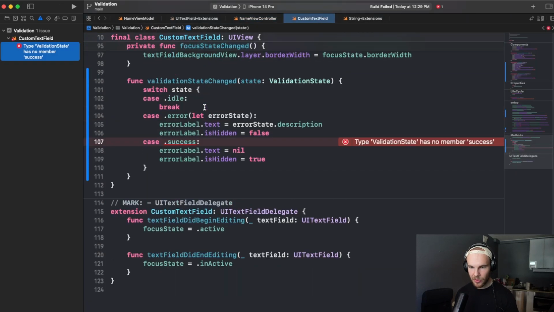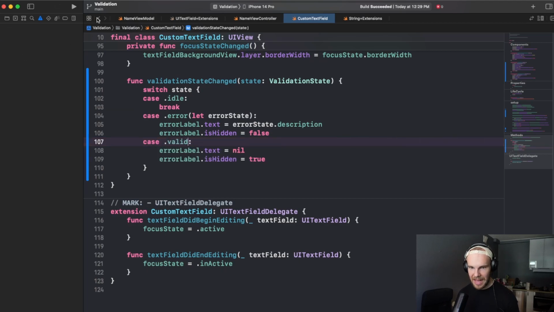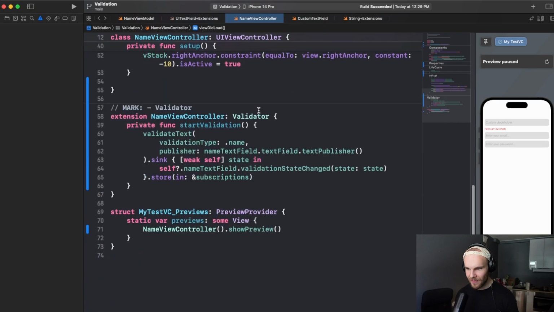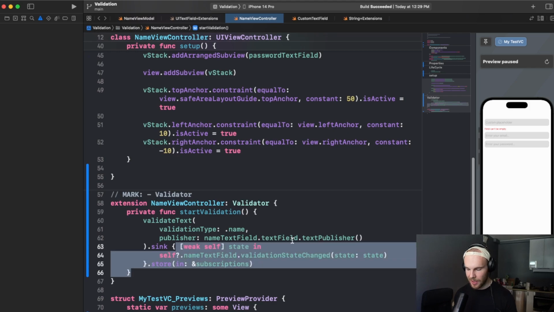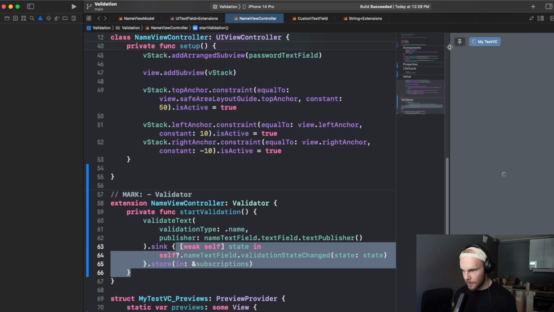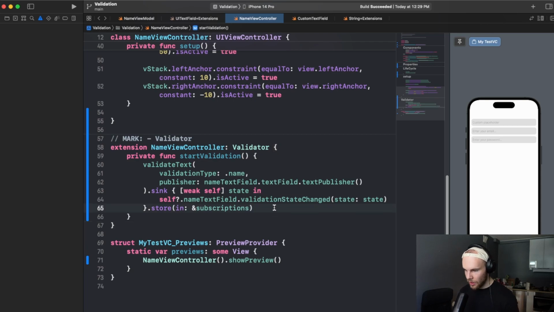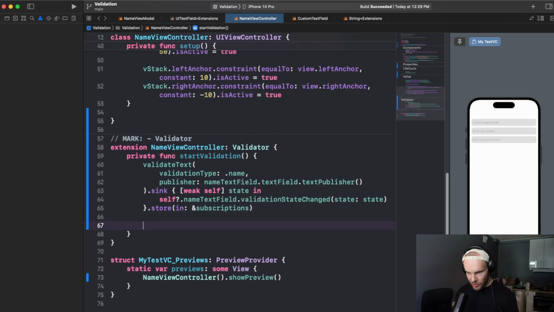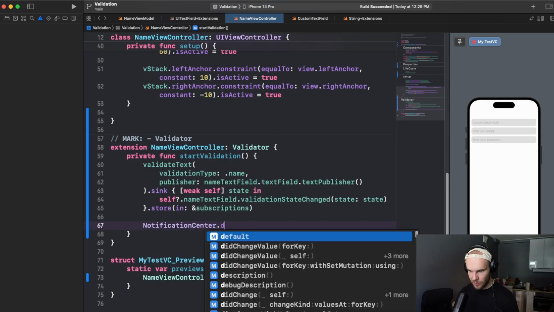And it has no member success. No, it's going to have valid case instead. And let's see. Okay. We may have to manually trigger this to make this empty work, but let's just try it first and see. Okay. Awesome. Yeah, that is true. So the notification center won't get triggered because it's just empty. The text hasn't changed. So to actually manually trigger the notification center, you can post